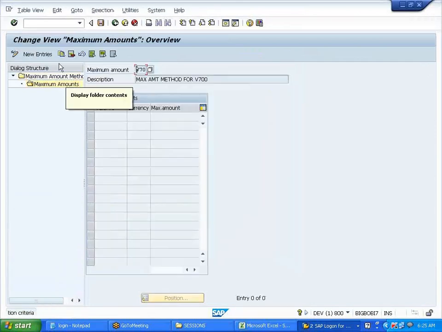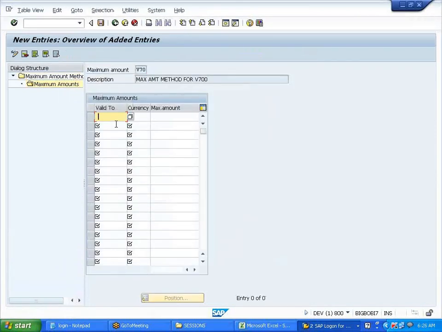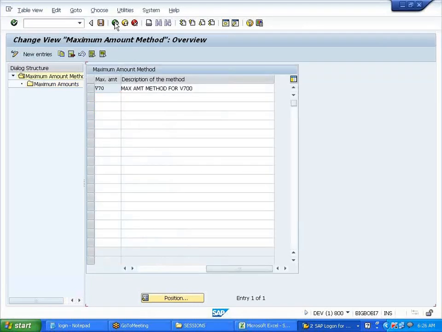Select the maximum amounts, new entry, valid to 31.12.9999, currency USD. If you say 10,000, it will not calculate; it gives an error if the depreciation goes beyond 10,000. It is an optional entry, so if you want to, you can define it.